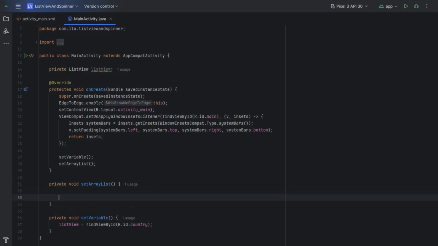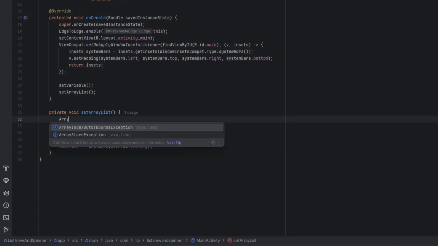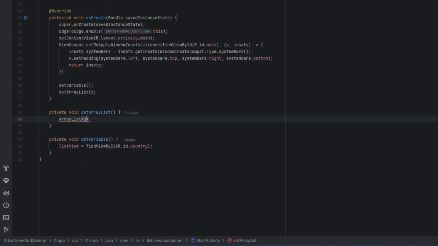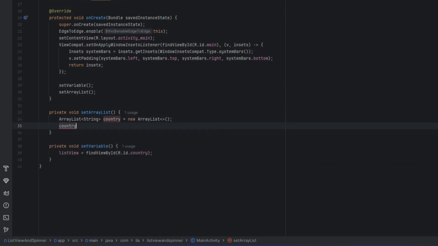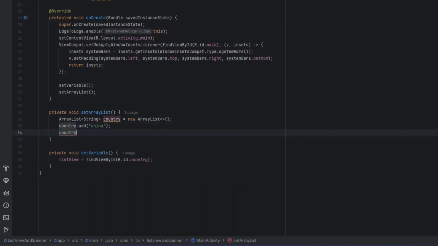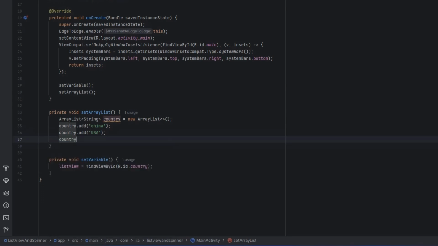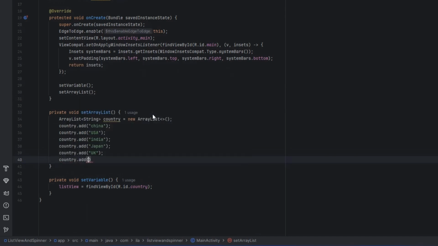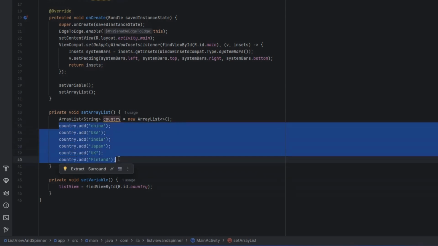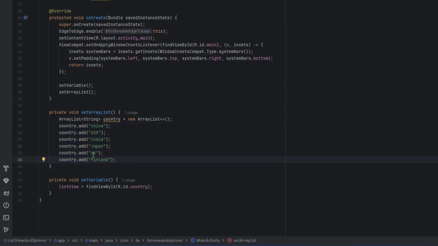Right here I'm going to create an ArrayList. So let's say ArrayList, and its data type is going to be String, and I'm going to give this name as country. Is equal to new ArrayList, and I'm going to say country.add. So now that I have added a bunch of country names right here, I'm going to set these country names to